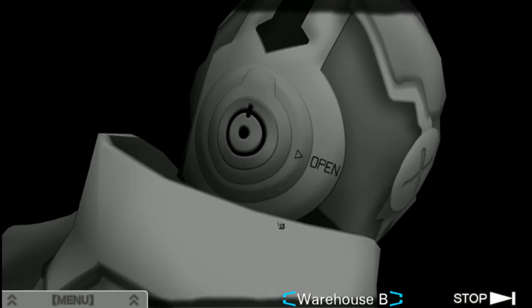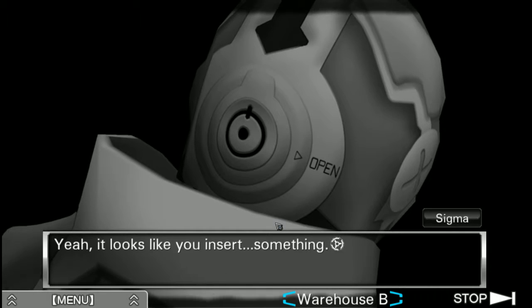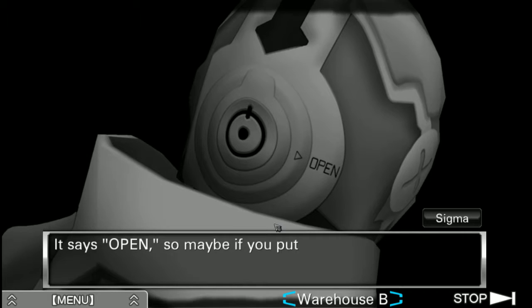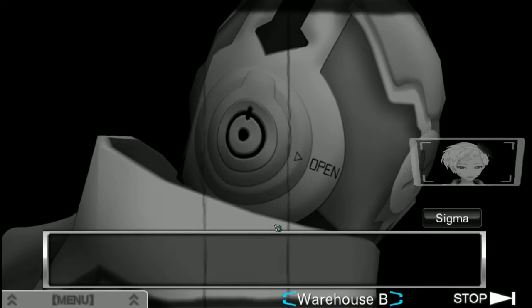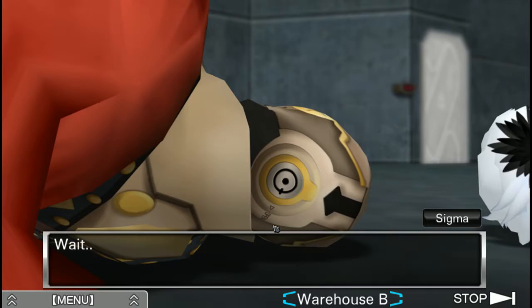Open. There's a hole here in the back of your head. Yeah, it looks like you can insert something. It says open, so maybe if you put some kind of key in there, you could open up the suit and take the mask off. Wait. Then he... But when could he have...